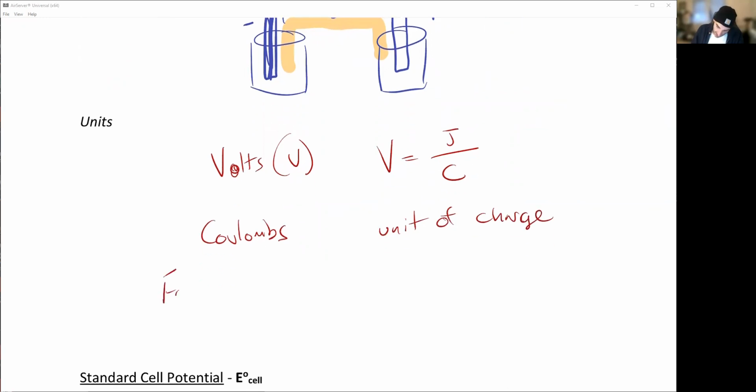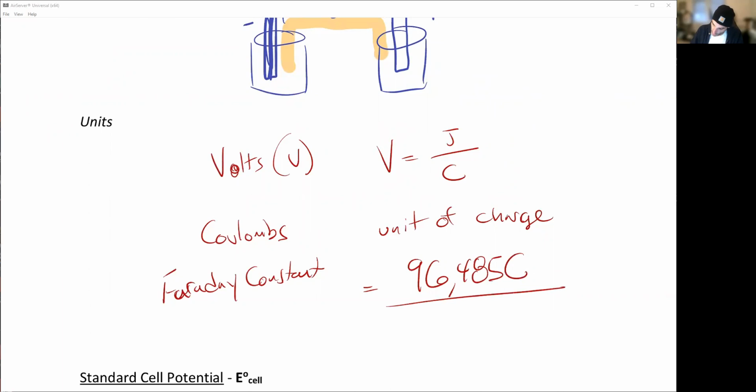So the Faraday constant, which you're given, is equal to 96,485 coulombs per mole of electrons. So for every mole of electrons, we have 96,485 coulombs that are transferred. And you can look up the individual charge. In fact, we can calculate it from this, the individual charge of 1 electron, but we're usually talking about moles